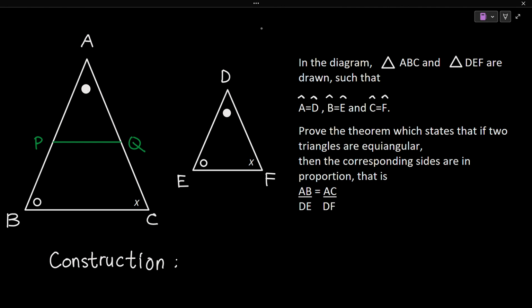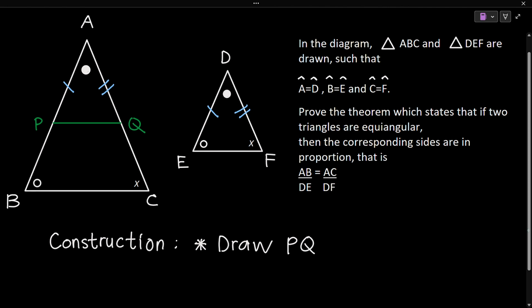Like I said to you, there are two parts to this construction. So let's say draw PQ. And you can call it any other name if you'd like. And the next thing we need to show is that AP is equal to DE. So on these two triangles, we are going to mark off AP and DE as being equal to each other. And also AQ and DF need to be equal. So we're going to mark those as well. Now we need to mention that in our construction. So we're going to say